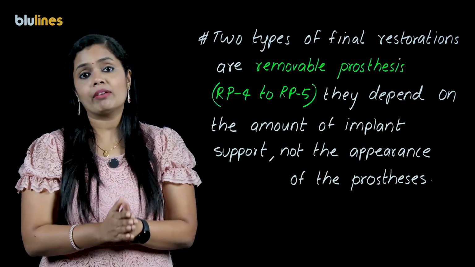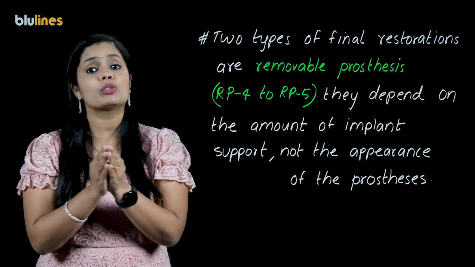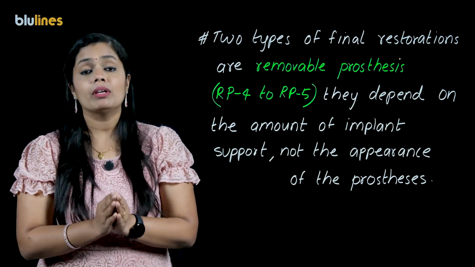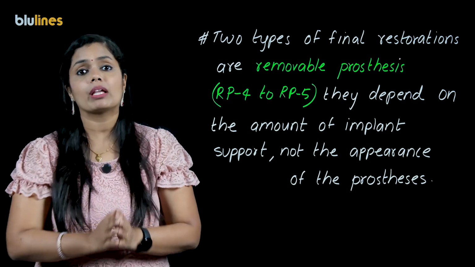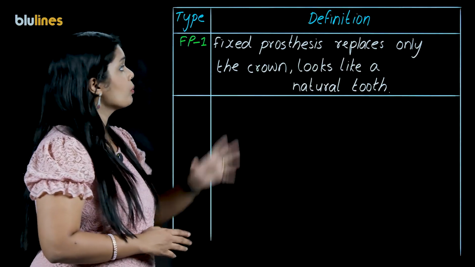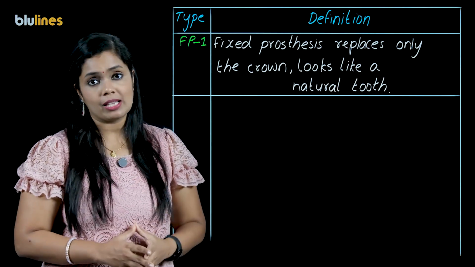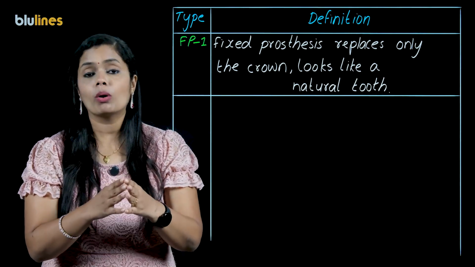So, in this 5 classification, the first 3 are fixed, that is FP1, FP2 and FP3, and the last 2 are RP4 and RP5, which are removable prostheses and depend on the number of implants that are present. The first one is FP1. FP1 means it is a fixed prosthesis which will replace only the crown and it will look more like a